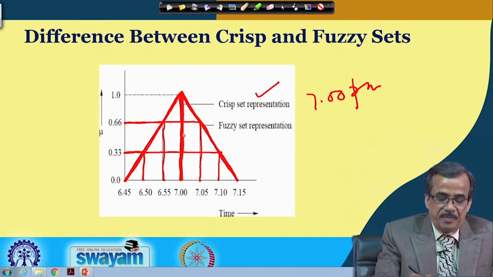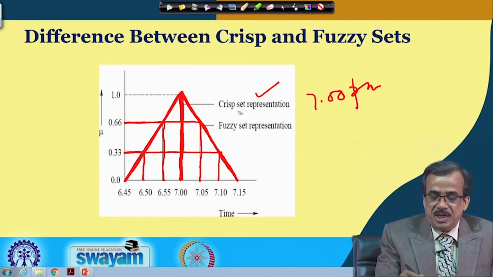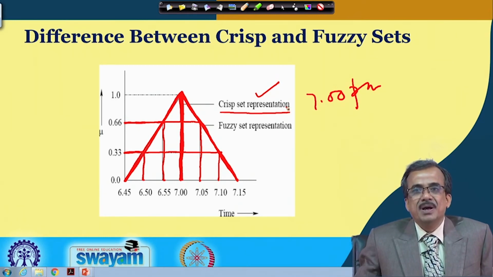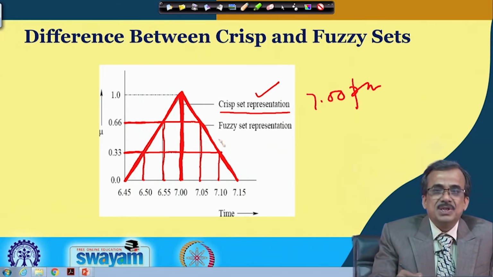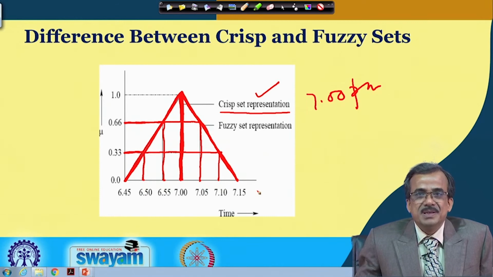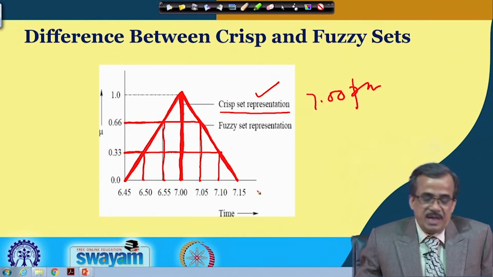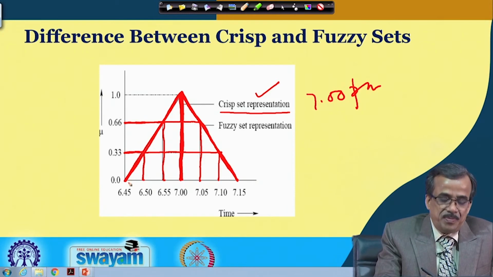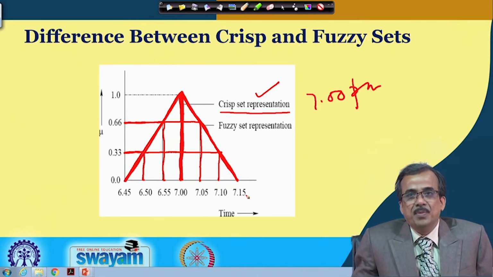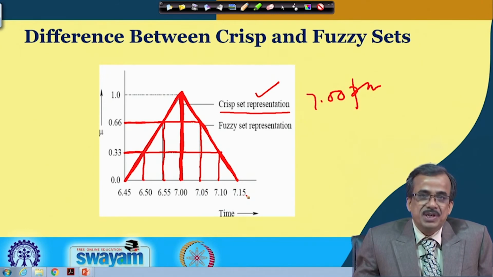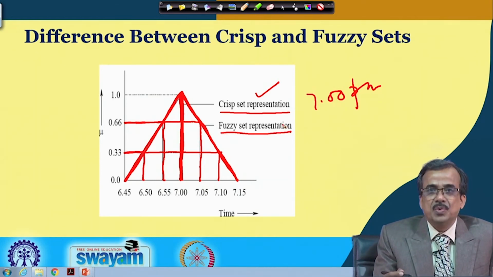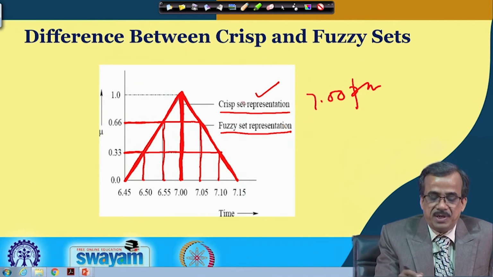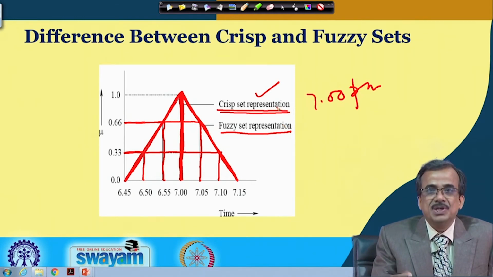So, this particular distribution for 7 p.m., that is the crisp set representation, is a bit difficult to achieve, whereas the fuzzy set representation for the 7 p.m. is a little bit easier to achieve, and that is why the fuzzy set representation for the 7 p.m. is a more practical way of representing the time, that is the 7 p.m. So, let me conclude that fuzzy set representation could be more practical compared to the crisp set representation for the